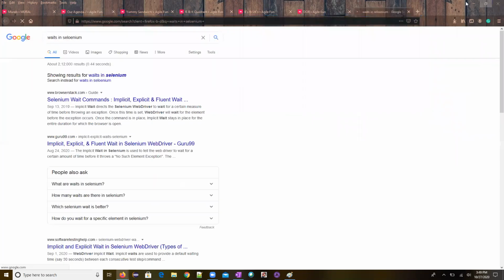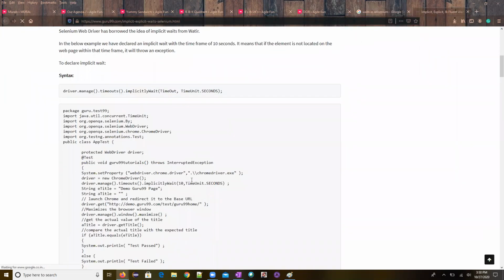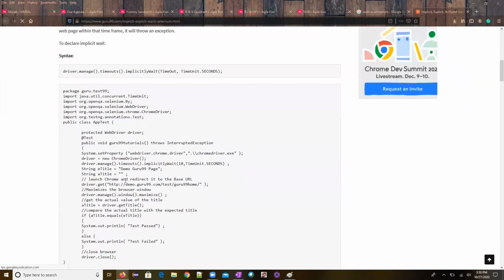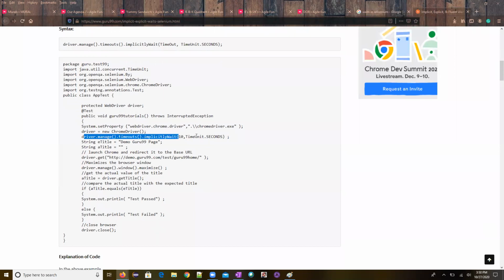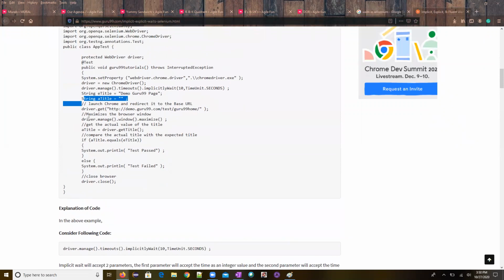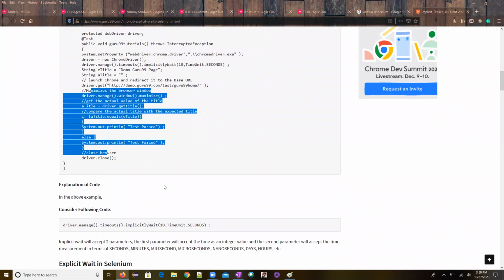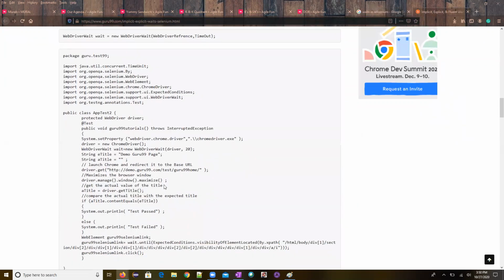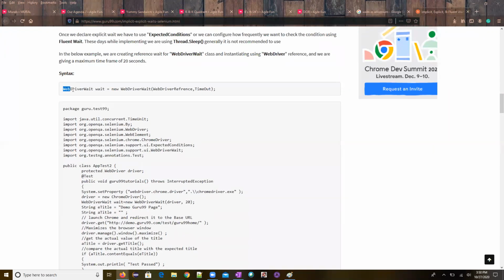Actually, if you open the document which this guy has shared, you can see the complete links in that document. If you see here, implicit wait is always defined only once. None of the places will you be using the wait again. Okay. But whereas explicit wait, wherever there is an object, so now see, explicit wait will be defined as WebDriverWait